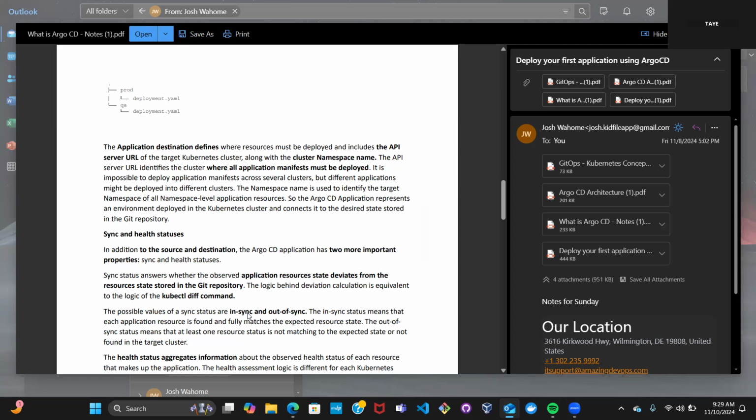In addition to the source and destination, the ArgoCD application has two more important properties: sync and health statuses. Sync status answers whether the observed application resource state deviates from the resource state stored in the Git repository. The logic behind the deviation calculation is equivalent to the logic of the kubectl diff